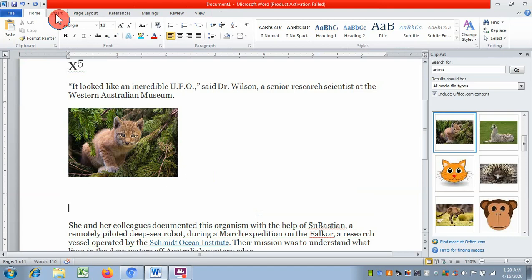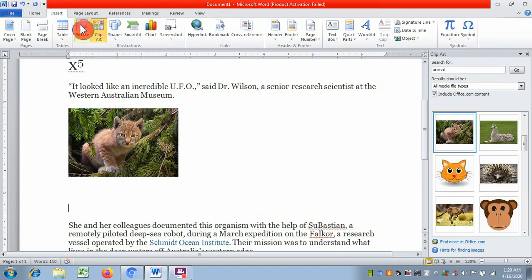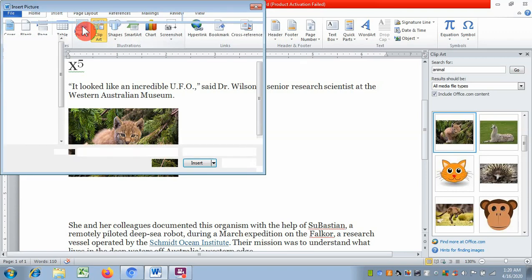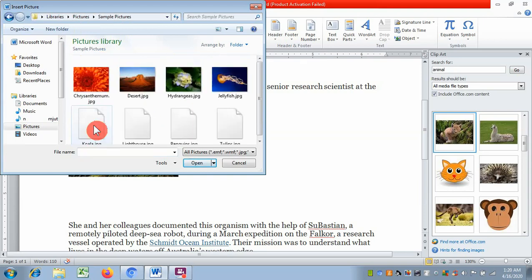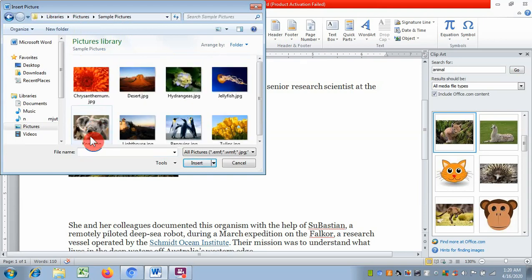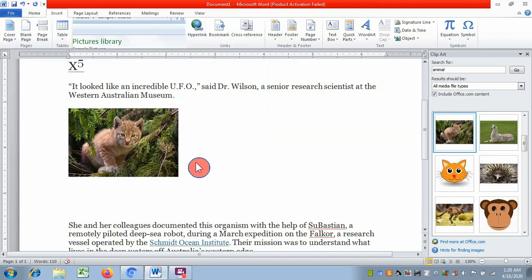Go to Insert and go to Picture, this time Picture, and select any picture you want from your hard drive. Now let me insert a sample picture. Suppose I want to insert this. Now insert.